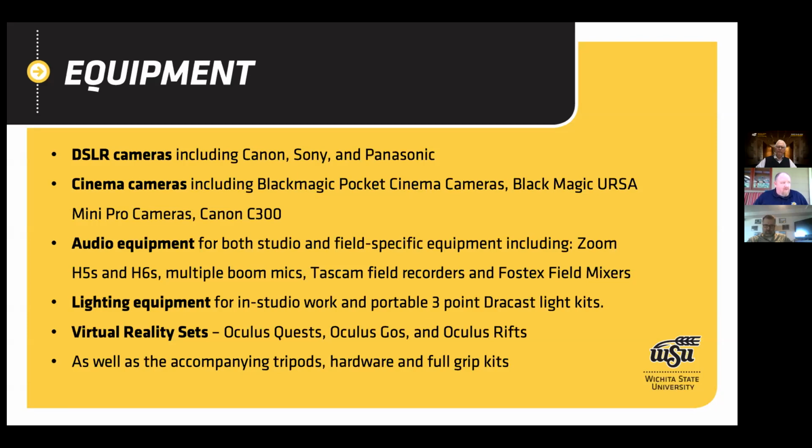Lighting equipment, we've got a lot of Dracast lighting equipment in studio. We have LED Fresnels that are all capable of being mounted on stands or going up into the lighting grid. We've got Dracast 3-point light kits that can be checked out from the front desk, so you can just run and gun and shoot and set up a quick 3-point light out in the field to get exactly what you need. All of this stuff, thousands and thousands of dollars worth of equipment, is right there